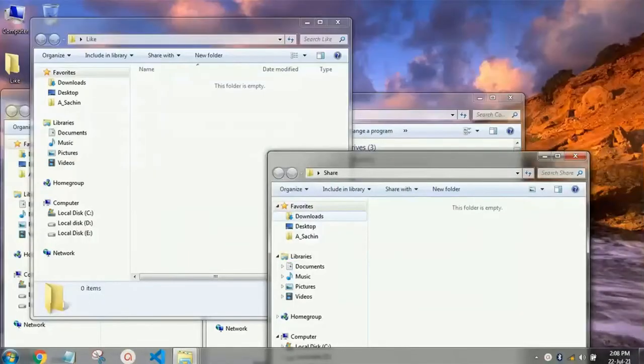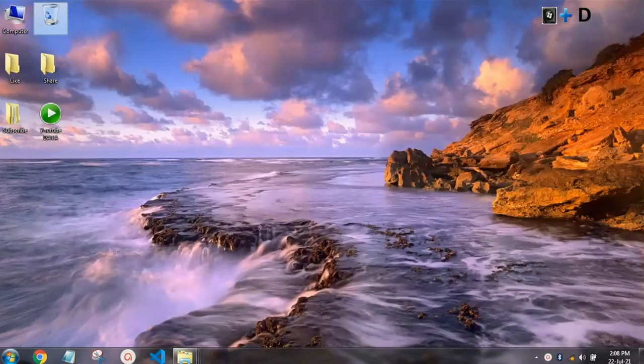So friends, let's see the amazing shortcut keys using the Windows key. Our shortcut key number first is Windows plus D. Here you can see I have opened many folders. If you want to return directly to the desktop without minimizing a single folder, you just have to press Windows plus D. As you press it, you will jump to the desktop directly.